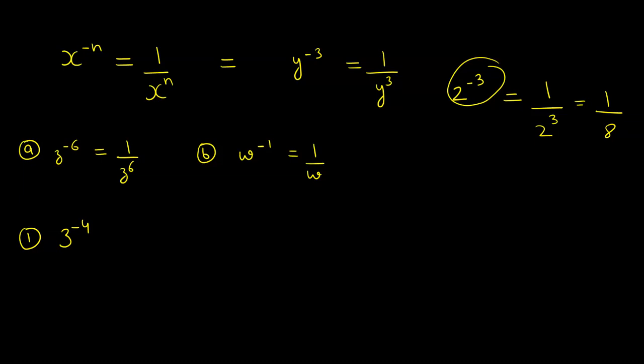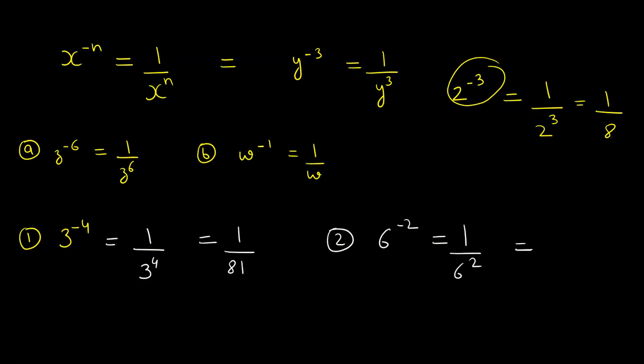Okay, so I hope you have at least tried the first step, which is 1 over 3, where the base is 3 and the power is 4. Because now it's in the denominator, we can change the sign from negative to positive, and we know that 3 to the power of 4 is 81, and that is our answer for this one. Similarly, for 6 to the power of negative 2, that is 1 over 6 squared,